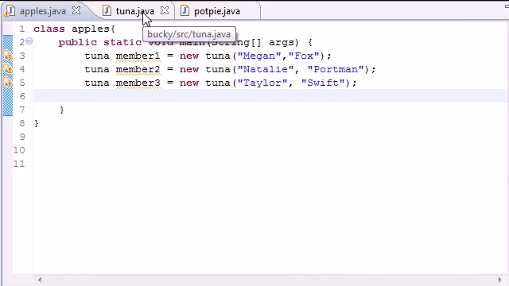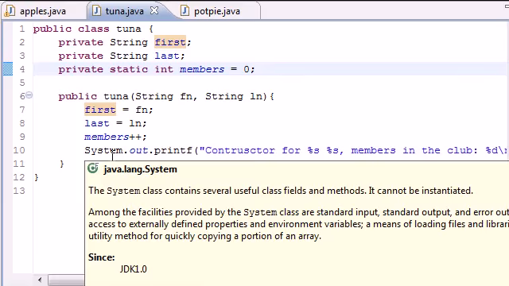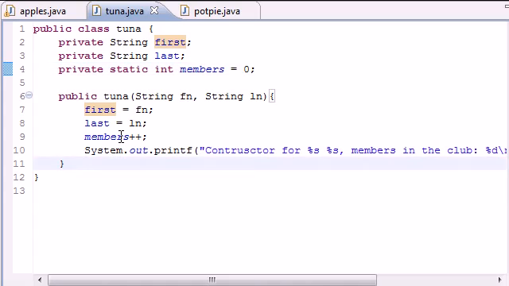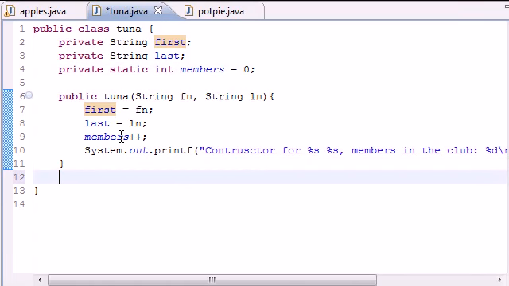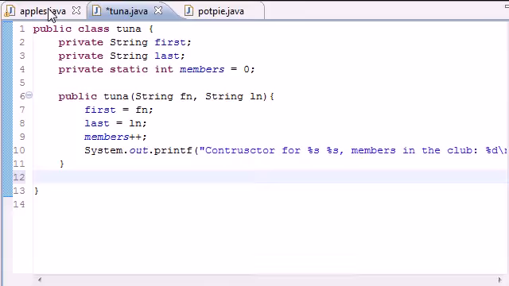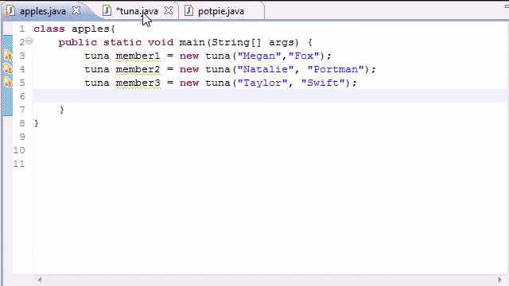What's up guys, welcome to your 47th Java tutorial, and in this tutorial I'm going to be finishing up talking about static members, and also I'm going to be showing you a nice little trick that you can use when accessing static members. So go ahead and in your tuna class,